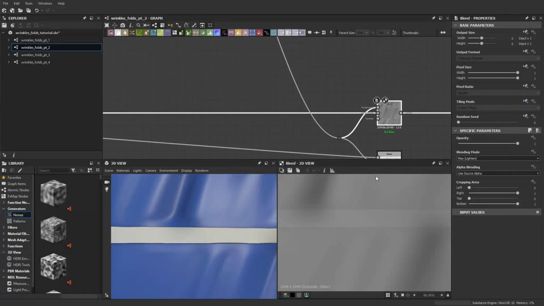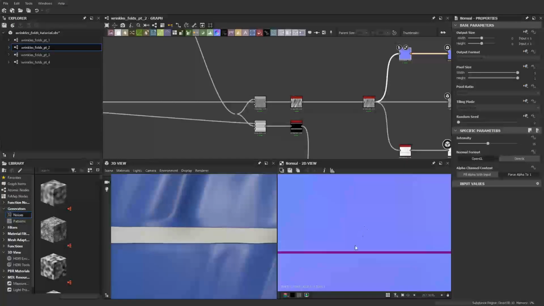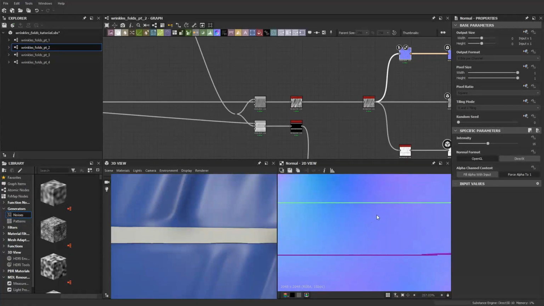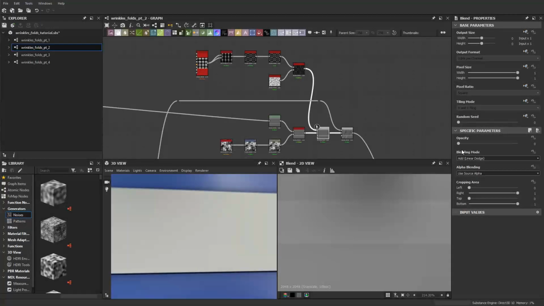And then I set this to max lighten. So you'll notice that as it blends in, it's super thin, almost not noticeable. And that gives me that really thin line right here. All right, so let's talk about the little bits of bumpies here. So let me undo back until we get